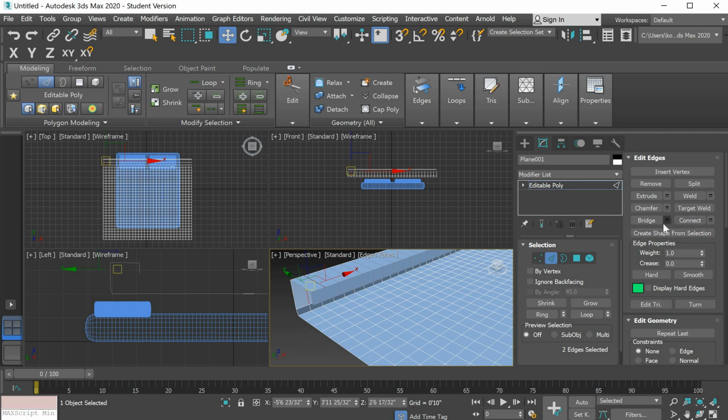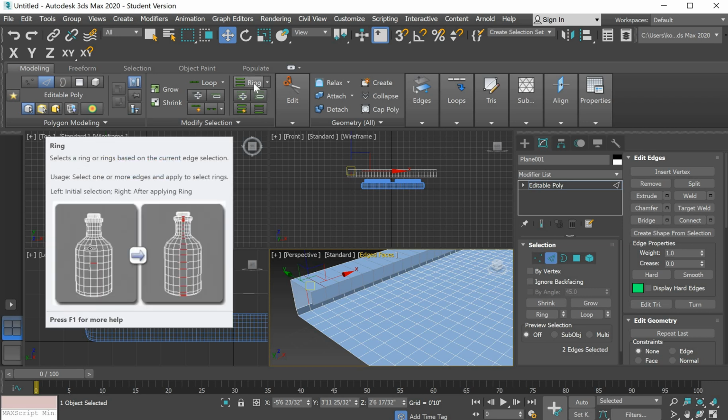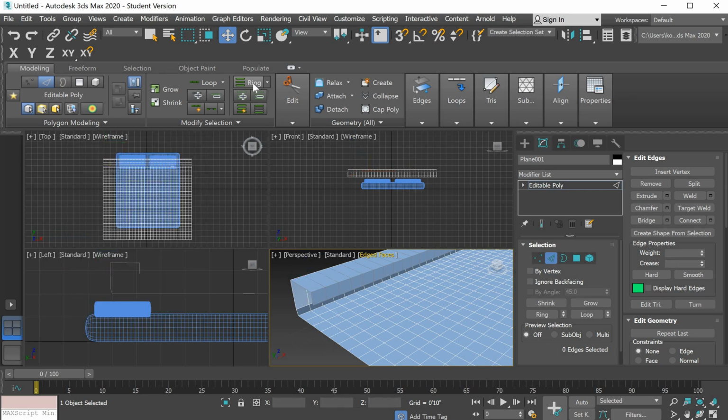Okay, then you're going to go back to your command panel, and you're going to go under Edit Edges. There's this Connect tab, and press the settings. And you're going to want to connect to, okay? And then go ahead and go back to your ribbon panel, and if you press ring,